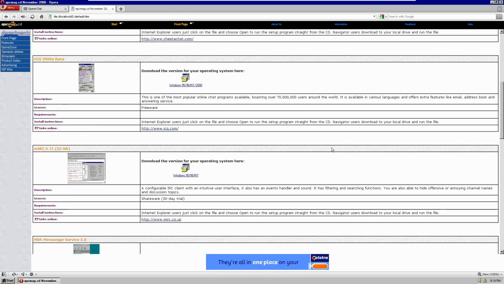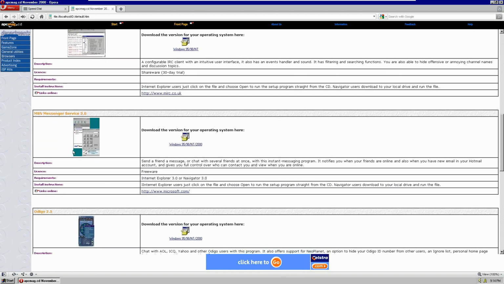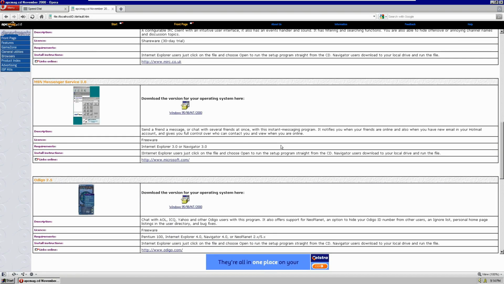ICQ, heard of it, but never used it. MIRC, never heard of it, never used it. MSN Messenger, of course, the old school version of MSN Messenger before it became Windows Live Messenger. Also a fun fact, got that to run on Windows 10, and it logs in. That's also through a third party called Escargot. Michael MJD is the YouTuber with a video on that. I recommend taking a look at that if you're at all interested. It's pretty sweet.